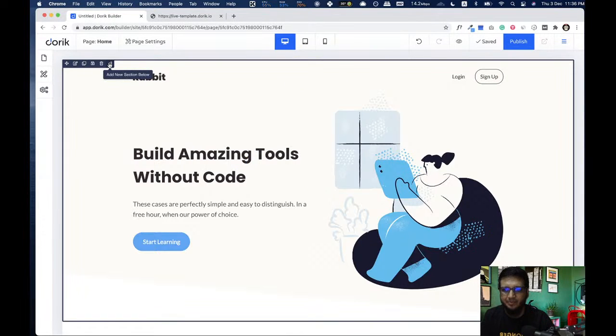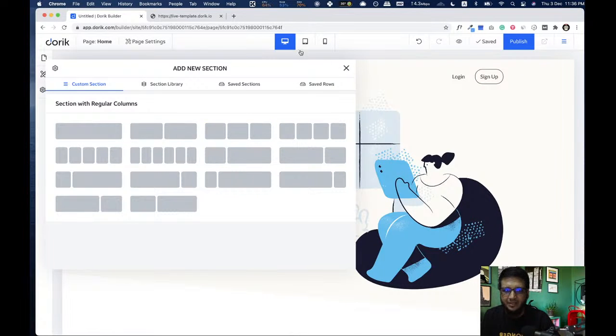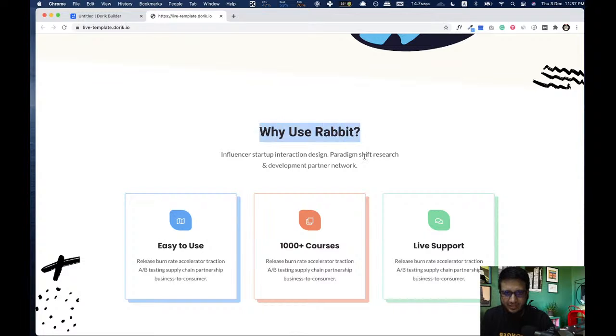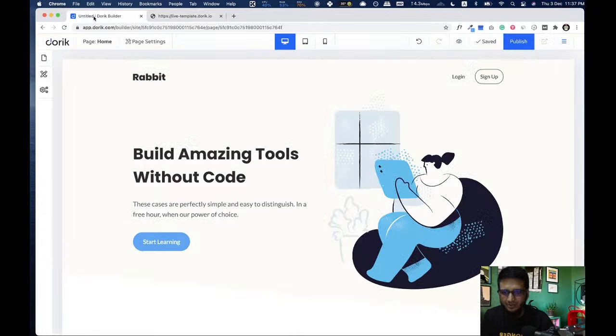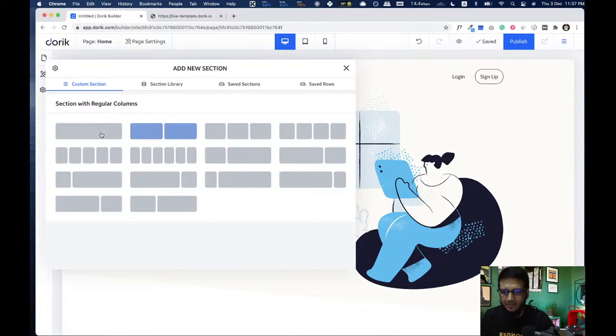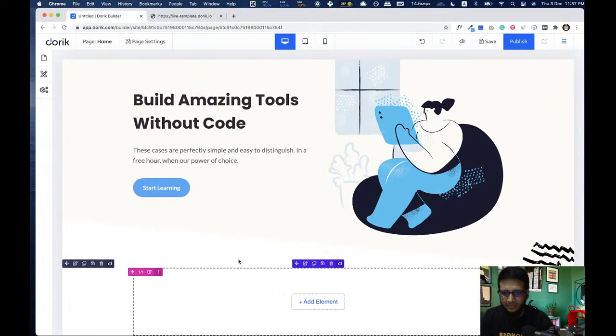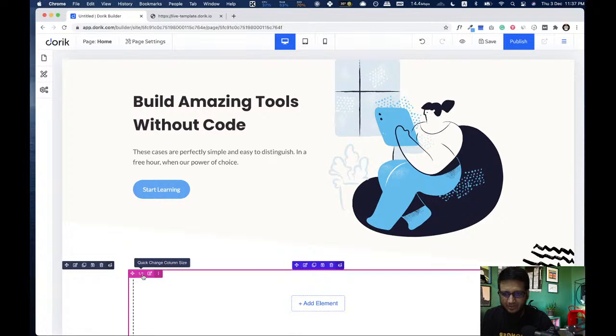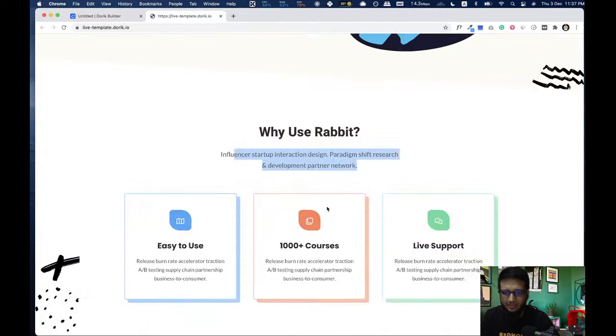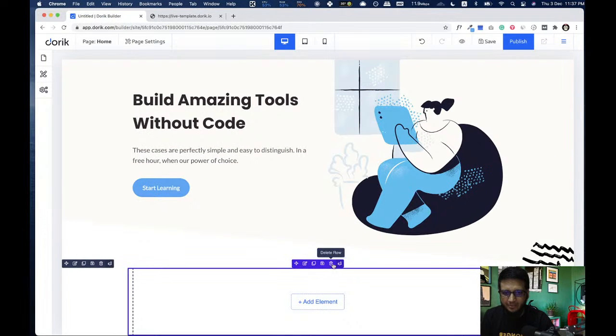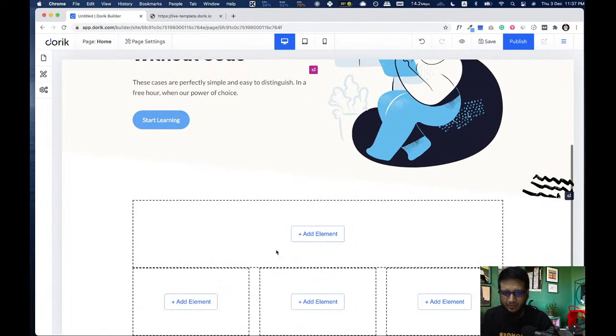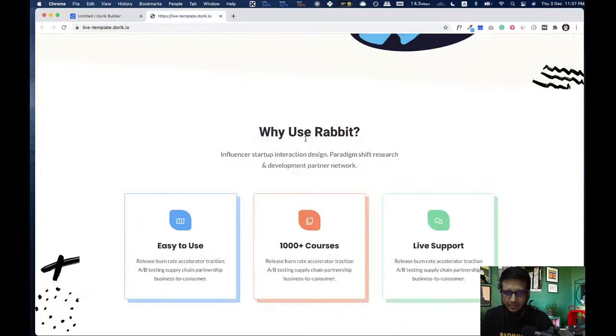Yeah. So next we are gonna add a new section. First, we are gonna add this heading and subheading, and then we are gonna add 3 columns. So let's start, and we are gonna add 1 column. Inside this column we will have this text and this subheading, and after that we are going to add 1 more row with 3 columns. So this is the structure. Inside this large column we will have the title and our subheading, and these 3 columns will become this style.